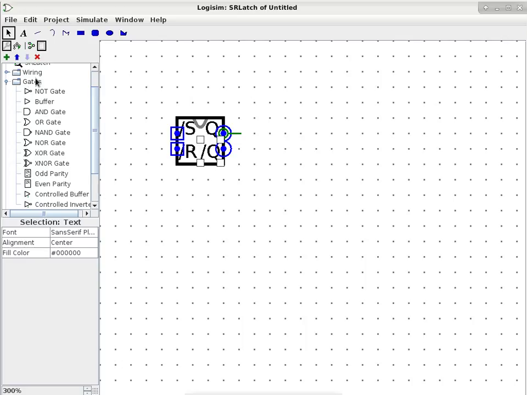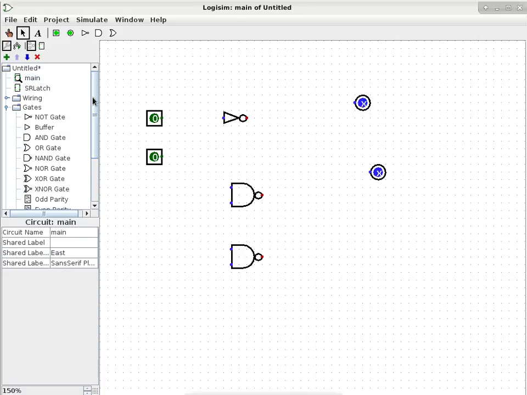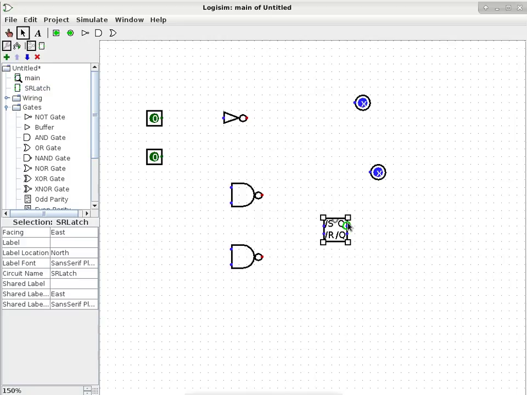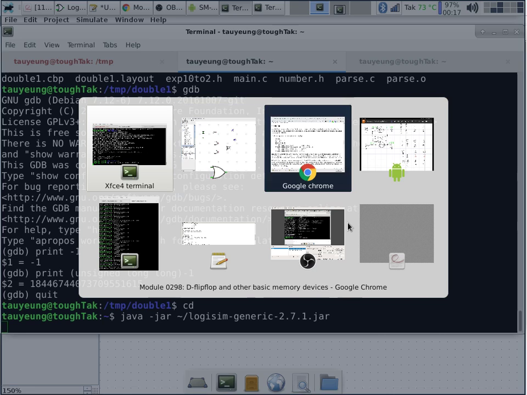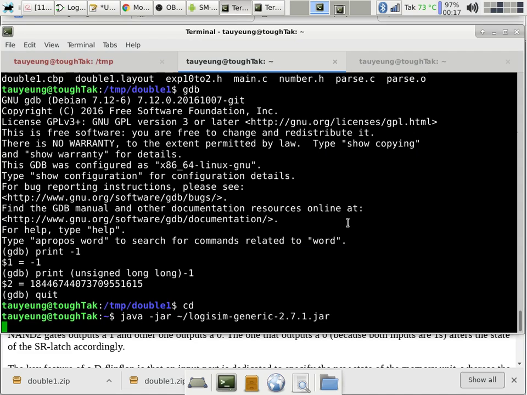All right, so we are done with the SR latch. We can now go back to the main circuit, and we can just now go like, okay, give me one SR latch as a component. Cool. Right? Okay, so now the question is, how do we hook up all these pins? So we're going to have to switch back and forth a few times. So we got N, N1, N2, S, R, D, EN, Q, and NQ. Okay, so